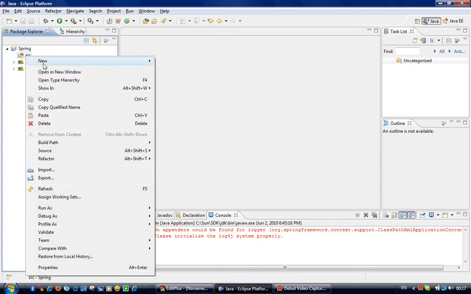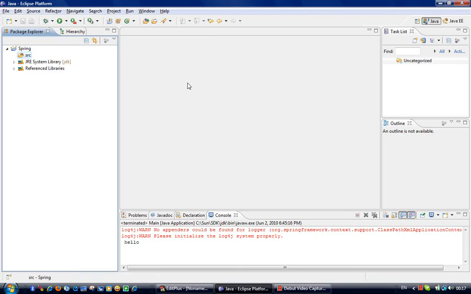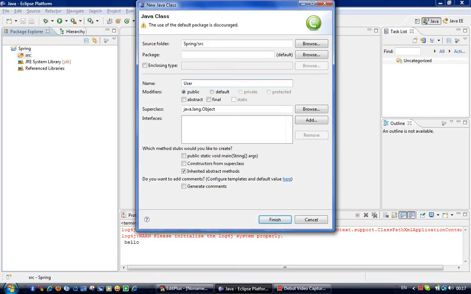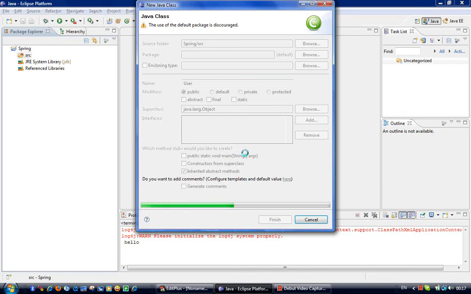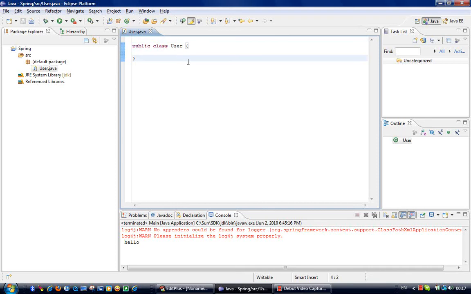The first step, I'll create a class. Let me say it's a User class. So I will create a dependency injection of this class with the Spring framework. Let me create a public method here. And now let's create a main class,